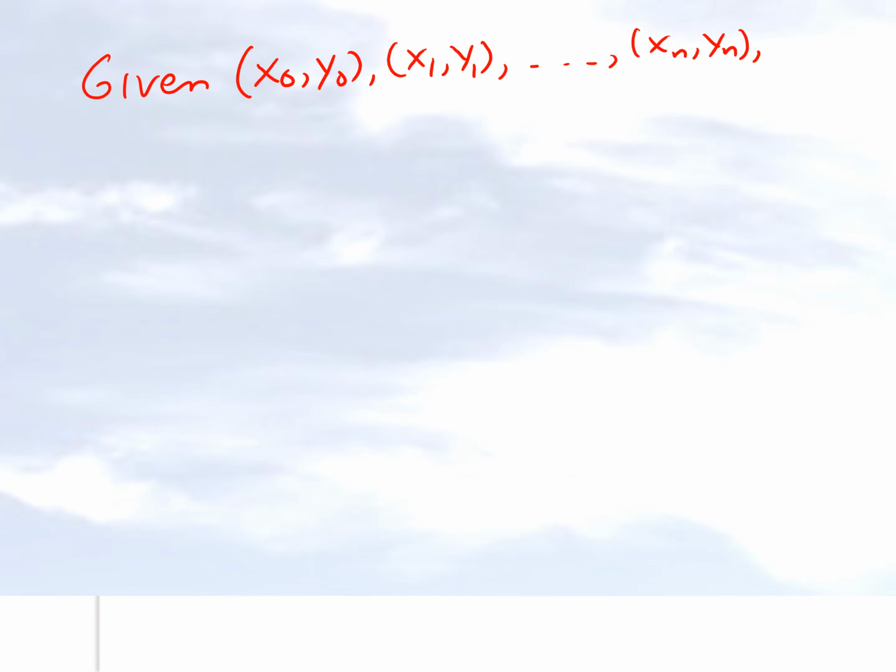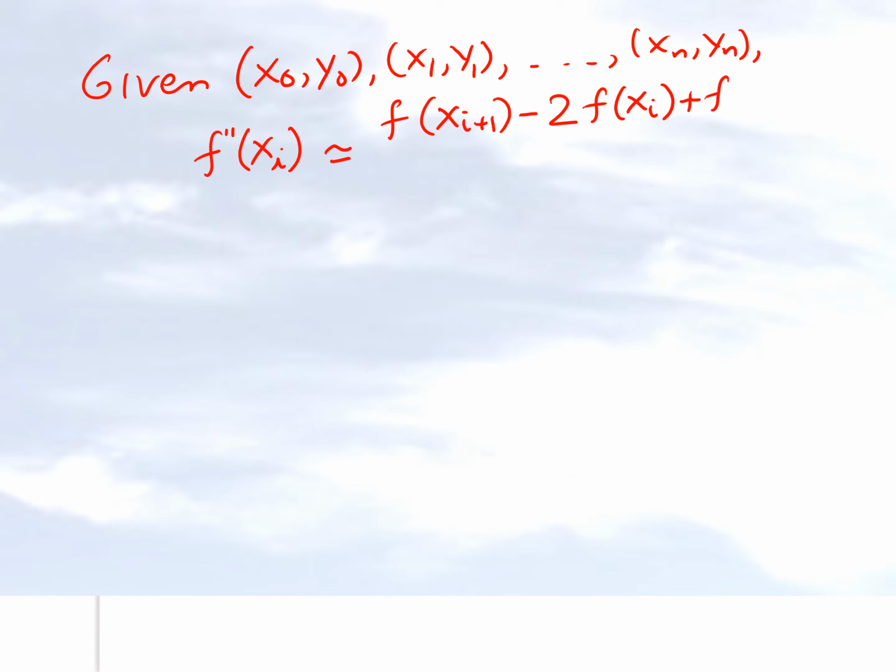And so what we want to do is find out what the value of the second derivative of a function will be at a particular point. So then the second derivative is approximately given by the value of the function at x of i plus 1, minus 2 times the value of the function at x of i, plus the value of the function at x of i minus 1, divided by the difference between, let's suppose, x of i plus 1 and x of i, whole square.